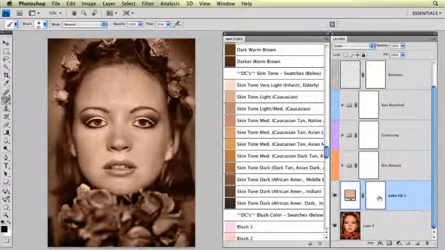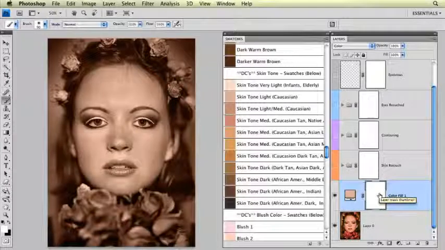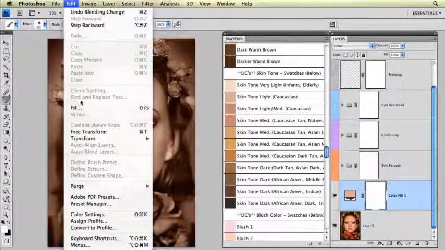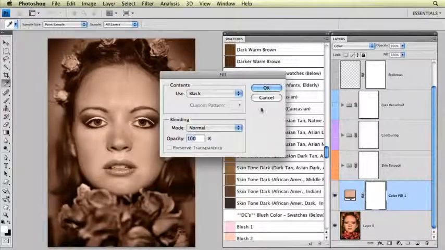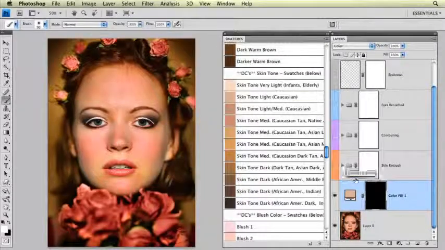Now, obviously I need to fill this layer mask with black, and then go back in and paint with white to just paint it where I need that skin tone color. So I'm just going to select the layer mask and go up to Edit, Fill, and under Fill, Contents, use black. Click OK. So now I don't see anything of that color, but as I paint with white on this layer